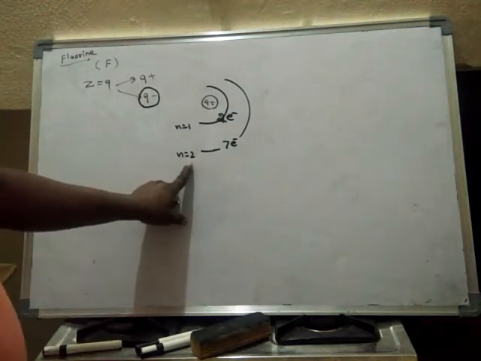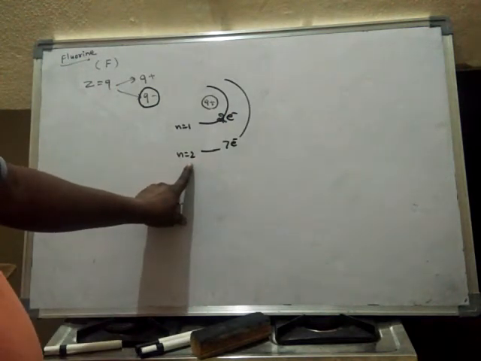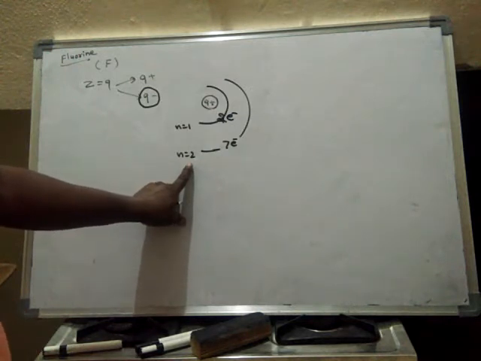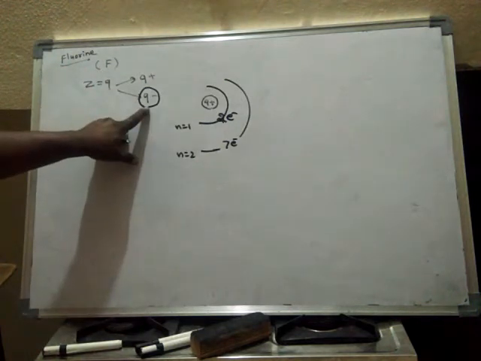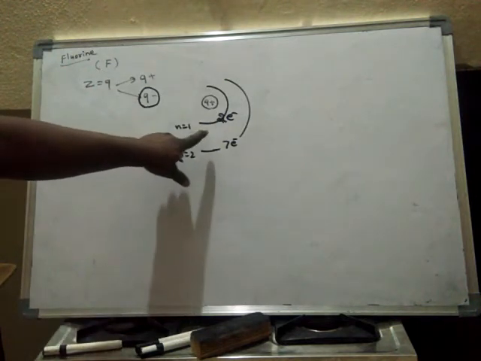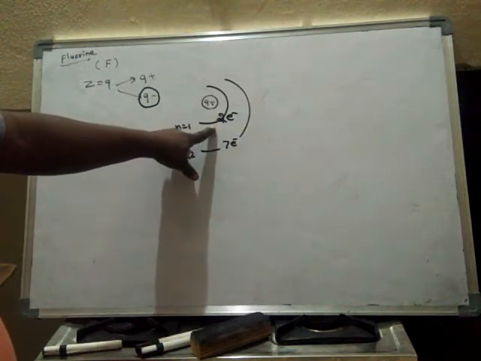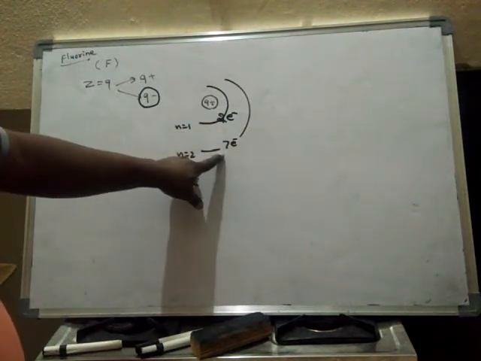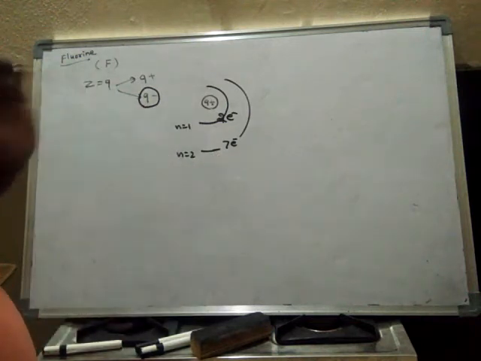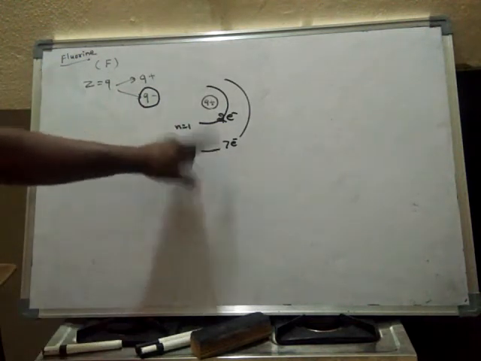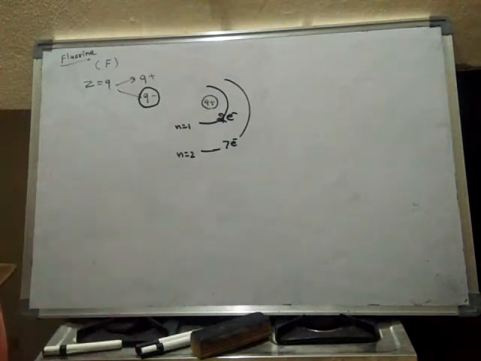But what is the maximum capacity of the second orbit? The maximum capacity of the second orbit is 8 electrons only. But here in the fluorine atom there should be 9 electrons altogether. The first orbit already has 2 electrons, so we have to write only 7 electrons, not 8 electrons, in this particular atom.